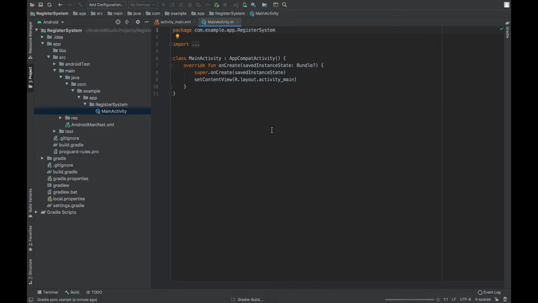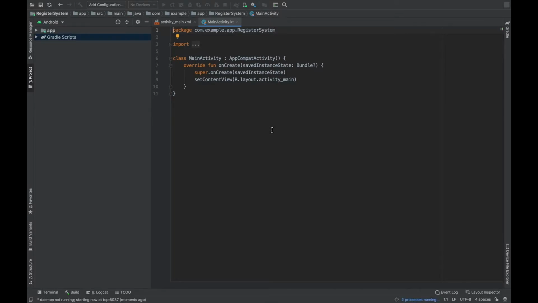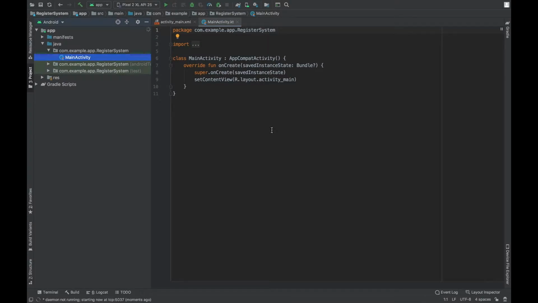It will take some time. Leave it as it is, and if it is taking a little longer, leave it. It is usual for Android Studio to take some time in the beginning to set up your project and everything, so leave it as it is.